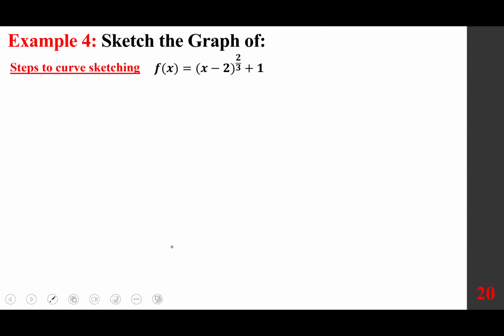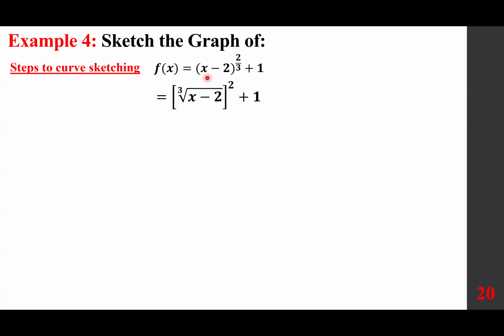All right, f of x equals (x minus 2) to the power of 2/3 plus 1. I'm going to sketch the graph, and of course, we want to use the calculus. But what I want to do is remind you how you graph this using transformations from pre-calculus and college algebra. First, rewriting this,